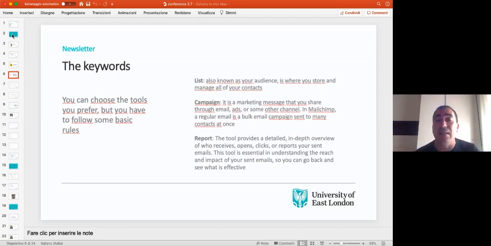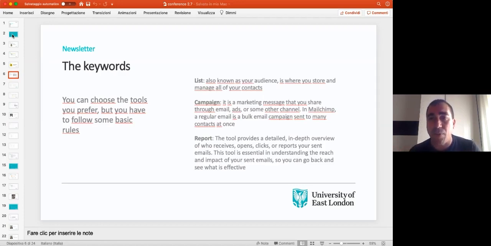So at the end, we have a report. Do not worry, we are going to see the data, the real data. I got some data from one of my customers, so we can look at the real data. The report is the tool that gives us the information about the customer experience.